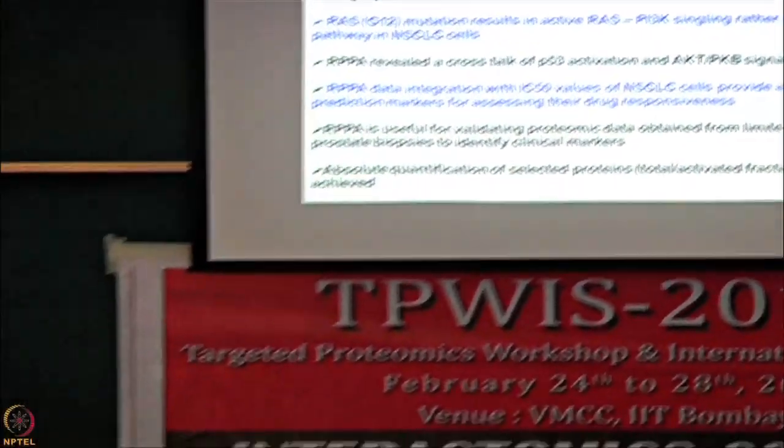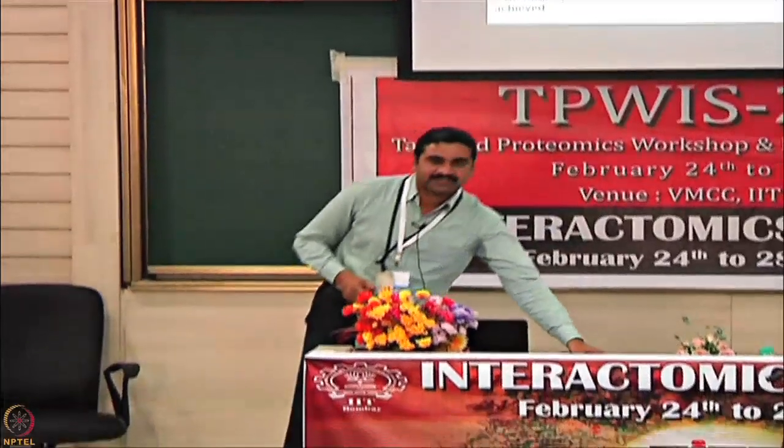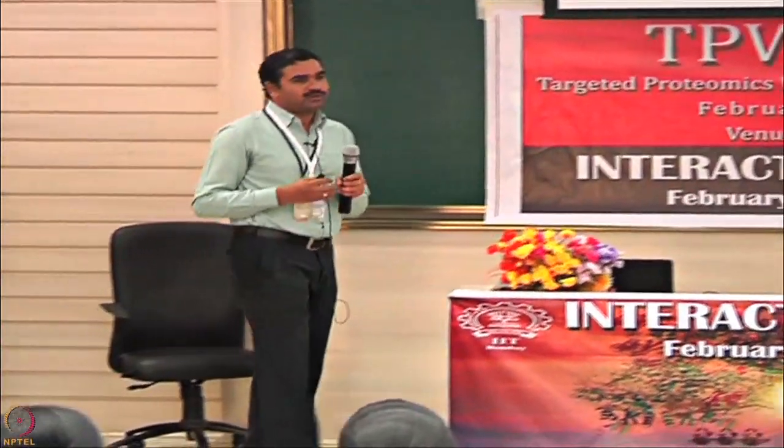But all in all, now you might have understood that the necessary steps, printing and then hybridization, and all the steps are the same. The only difference between forward arrays and reverse arrays is that here you spot just a crude lysate. You do not have to follow any separation of samples and so on. So, in one experiment, on one slide, you can estimate the quantity of a particular protein of interest across a large number of samples.